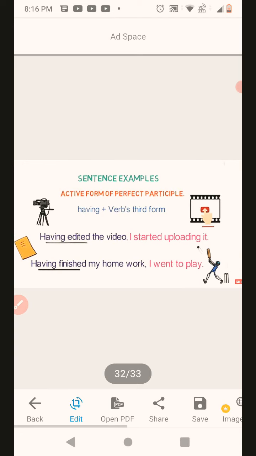Next we have perfect participle. Children, perfect participle is having plus third form of verb. Okay, this is an example in the active form of sentences, like in active voice. So in active voice, your formation will be: having edited the video, I started uploading it. Having finished my homework, I went to play. So here again, having edited,